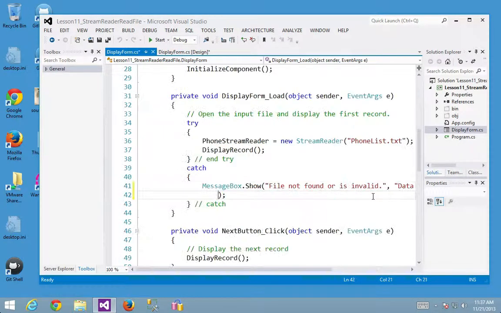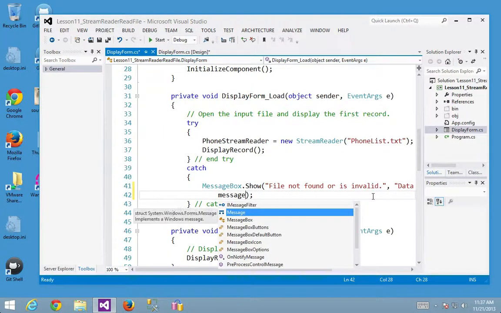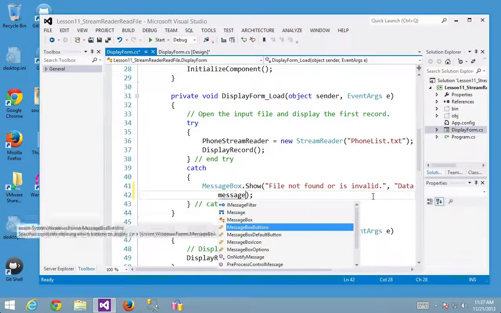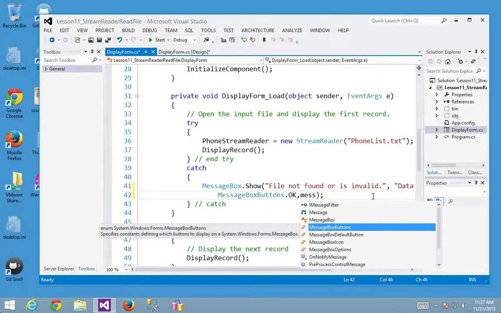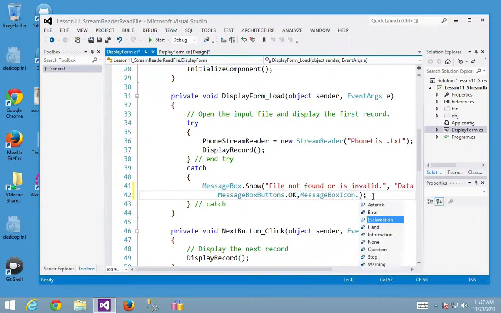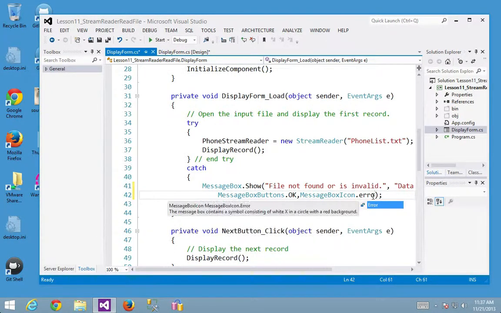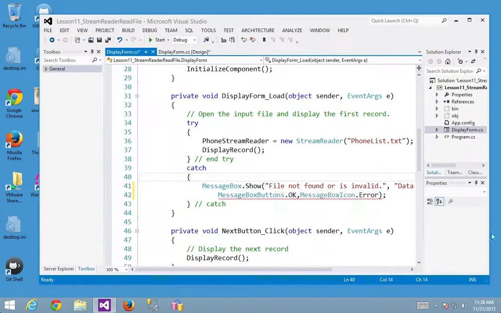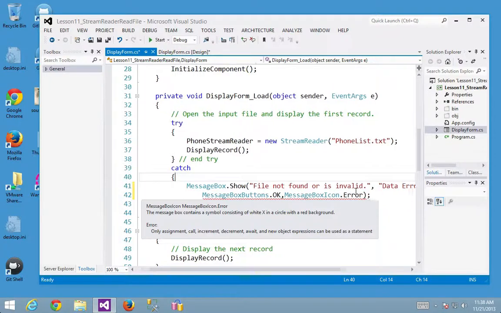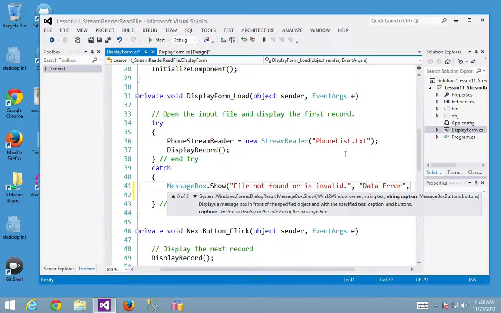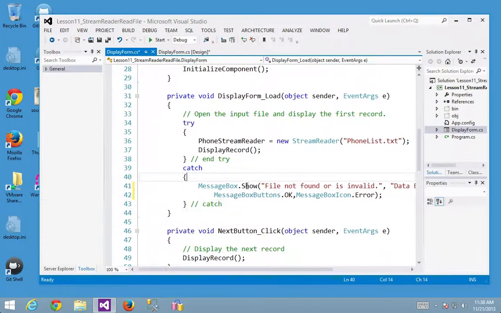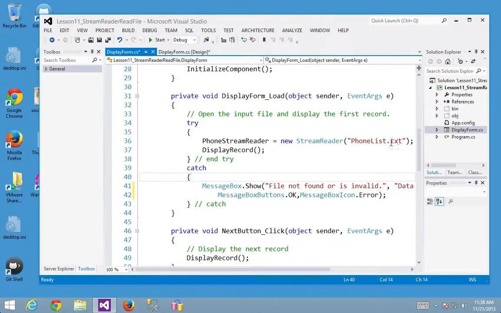And again, just to keep in line with what we're talking about today, because I noticed some of you don't do this, we want to add in MessageBoxButtons.OK and some kind of MessageBoxIcon, which is a good practice to put in there. And this time it would be an error, right? If I've done this correctly. Did I forget the comma? I did. So you add this into the message box that we're going to show if somehow this phone list.txt